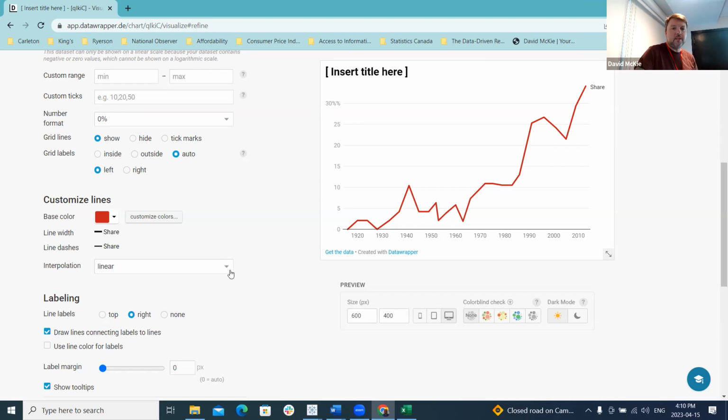You can also fiddle around with the interpolation. This is something you probably don't need to fiddle around with, but I kind of like to sometimes. Some of it's just aesthetic, like you can make your line chart a little bit curvy, just if you like curvy charts instead of jagged charts. You can also fiddle around with using stepped line charts, which look like this, which I tend not to use